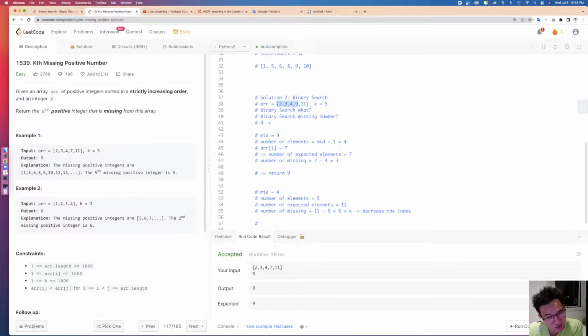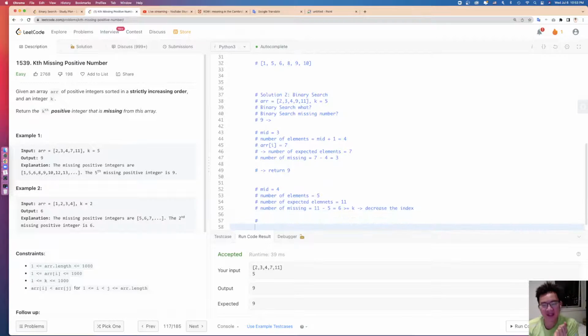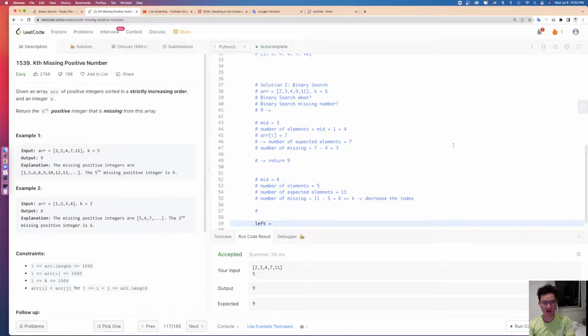From this one to this one we have 5 numbers missing, right? 1, 5, 6, 7, 8. So if equal, we also decrease, until it's less than, then we need to plus. Okay, so this is the